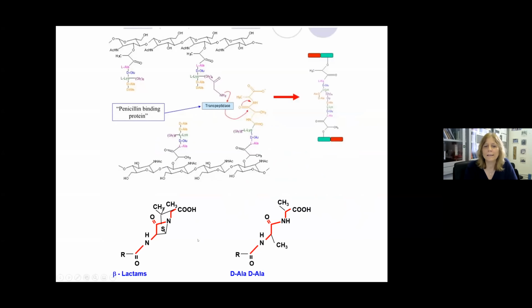Beta-lactams normally inhibit the so-called penicillin-binding proteins, which are nothing else than the transpeptidases that catalyze the transpeptidation. And the link of these antibiotics with this protein